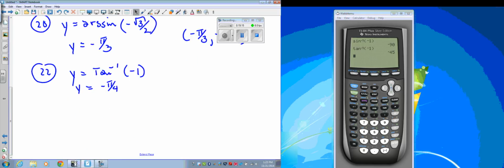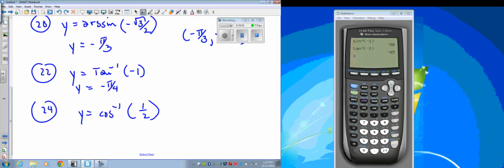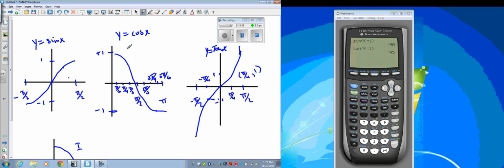So 22. So if I go to 24, y equals cosine inverse of 1/2. Now I'm going to use this cosine, and what's the angle where I have 1/2? Okay, but if it's in radian measurement, it's going to be,